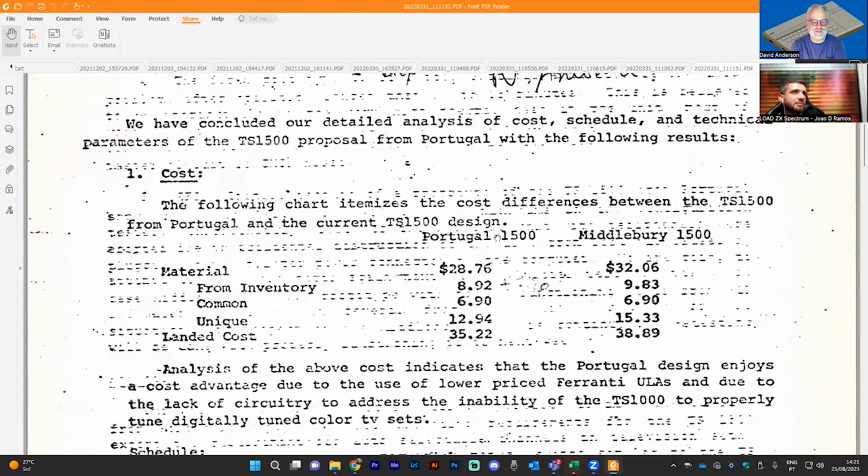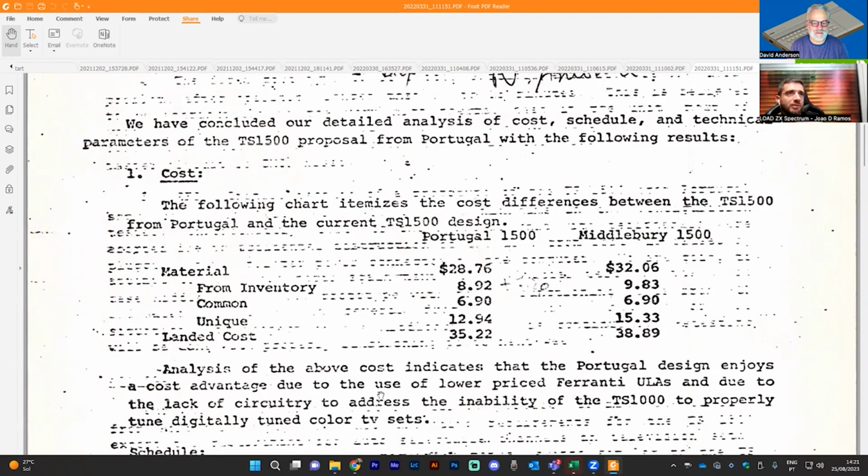The following chart itemizes the cost difference between the TS1500 from Portugal and the current TS1500 design. I would love to be able to map these things to the objects we have. So material is lower. From inventory is lower. Common, unique, landed cost slightly lower. Analysis of the above cost indicates that the Portugal design enjoys